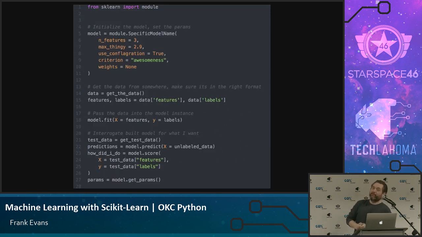This is fake code. This is not a real thing. But I want to talk about the philosophy of how you do things in Scikit-Learn, and then we'll do real code. But I don't want you to get hung up on the specifics of real code until I can throw some fake code at you. So import the module that you want to use, whatever the module's name is, whatever thing you want to use, it's got a module name.